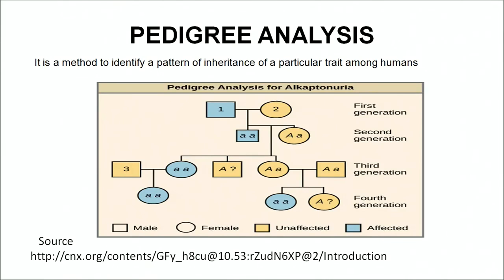So if we study the inheritance of a character over a number of generations, then it is known as pedigree analysis. And through pedigree analysis, the genetic counselor can always suggest the chances of an individual who is a carrier or is affected by a disease, what percentage or what are the chances that the person will bear a normal child. So through pedigree analysis we can find out whether the child who is to be born is going to be normal or affected.